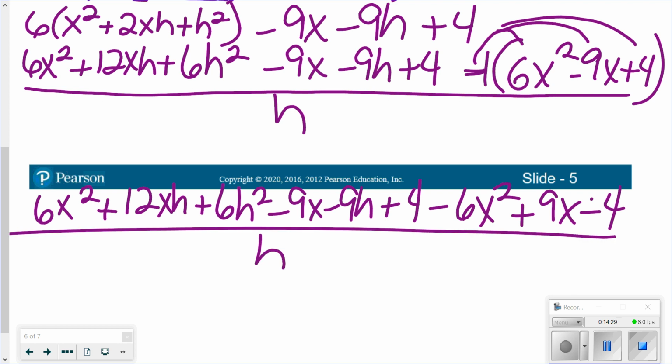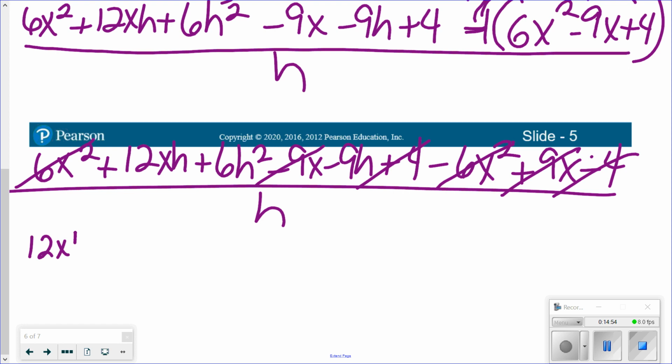Now let's see if we can simplify some stuff down. If we distributed our negative correctly, everything that's in this f of x part, so negative 6x squared, positive 6x squared, should have a buddy up front that they cancel out with. Positive 9x, negative 9x, negative 4, positive 4, which leaves us with